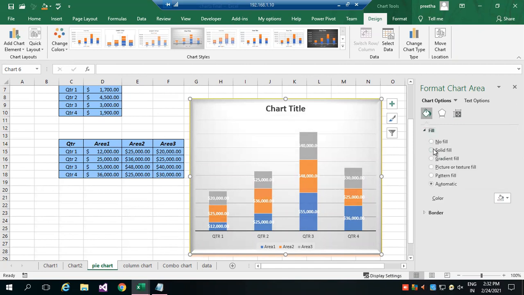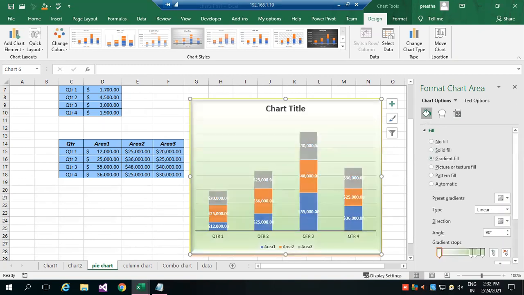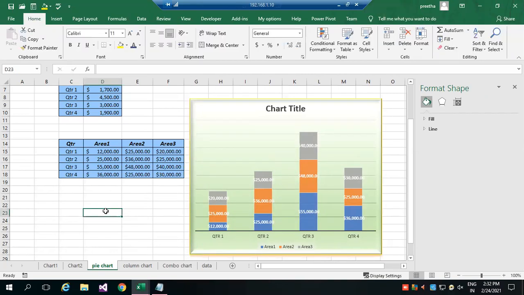So fill color, solid or gradient fill. So now it is altered. So you have all the options here itself. Fill is separate, border is separate. I was changing border color and I was expecting the filling option. Okay. So you have to observe all these things. So now this, we call it a stacked bar chart.